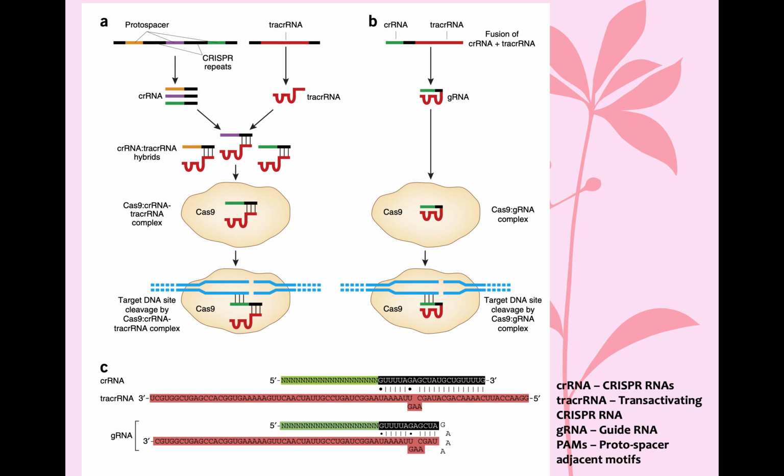Once it binds to it, it will cleave the target site, so that you will only get the ones that you want. The unwanted ones will be cut off. Similarly, with the second approach, using CRISPR RNA and tracrRNA fused into one whole sequence, here you need a gRNA. gRNA is guide RNA, another RNA whose function is basically to make sure that it binds specifically to the correct sequence.